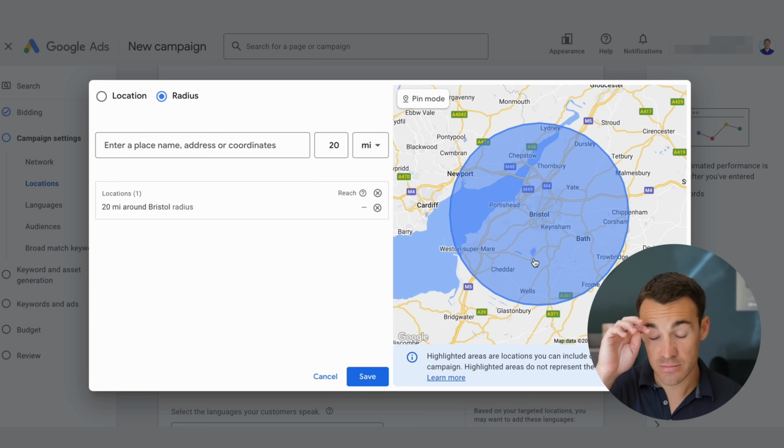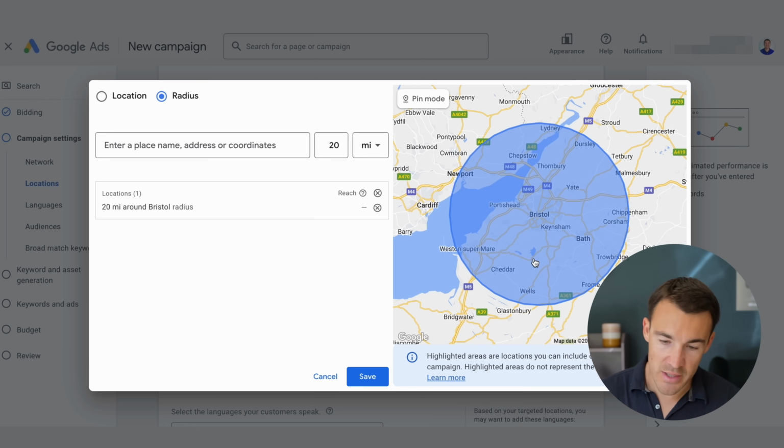within the blue circle and thinking, okay, well, yeah, that's more like the area that we're willing to travel to customers, or they're willing to travel to us if we're a local business. But perhaps maybe you're thinking, okay, well, this is the Bristol Channel, this bit of water here, this part up here is Wales. Maybe we don't want to advertise to people in Wales, and before anyone in Wales gets insulted